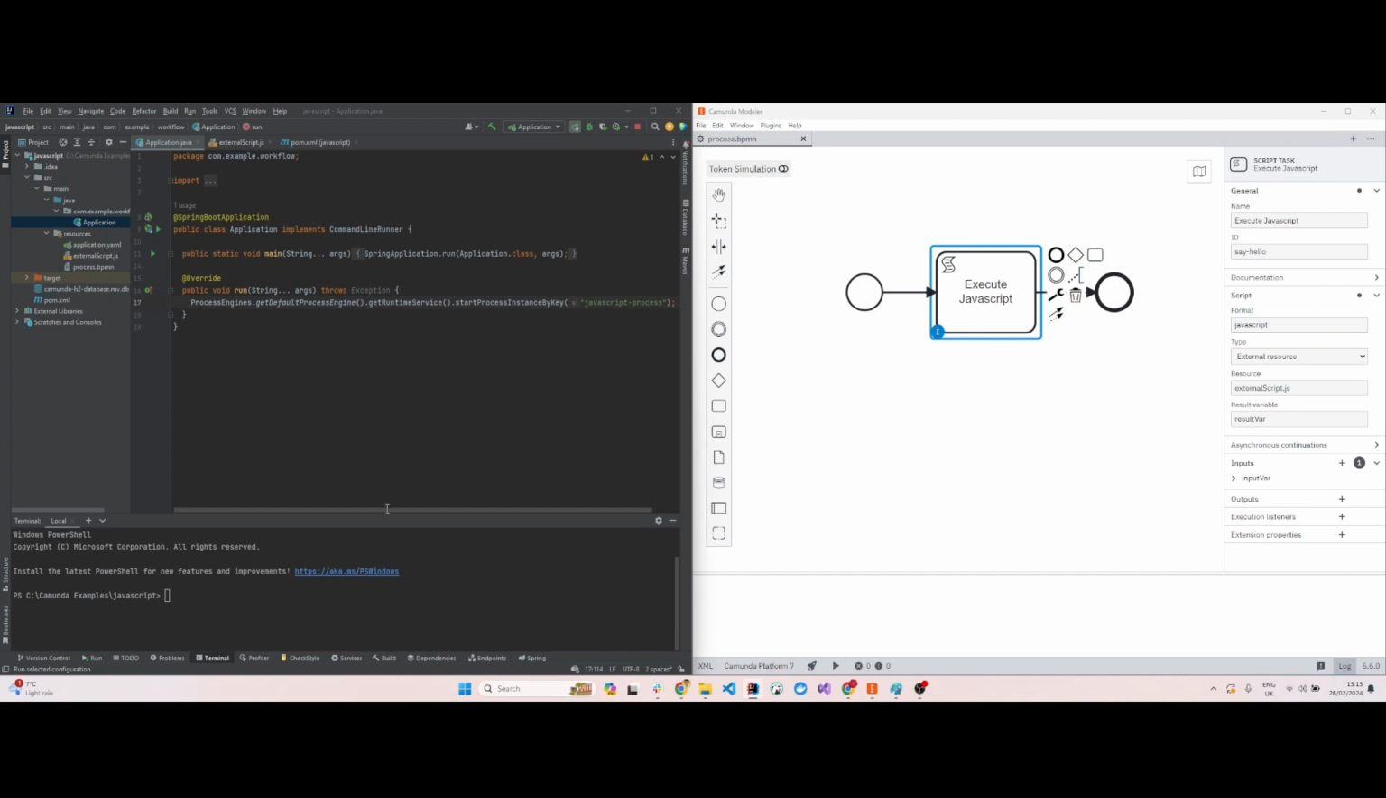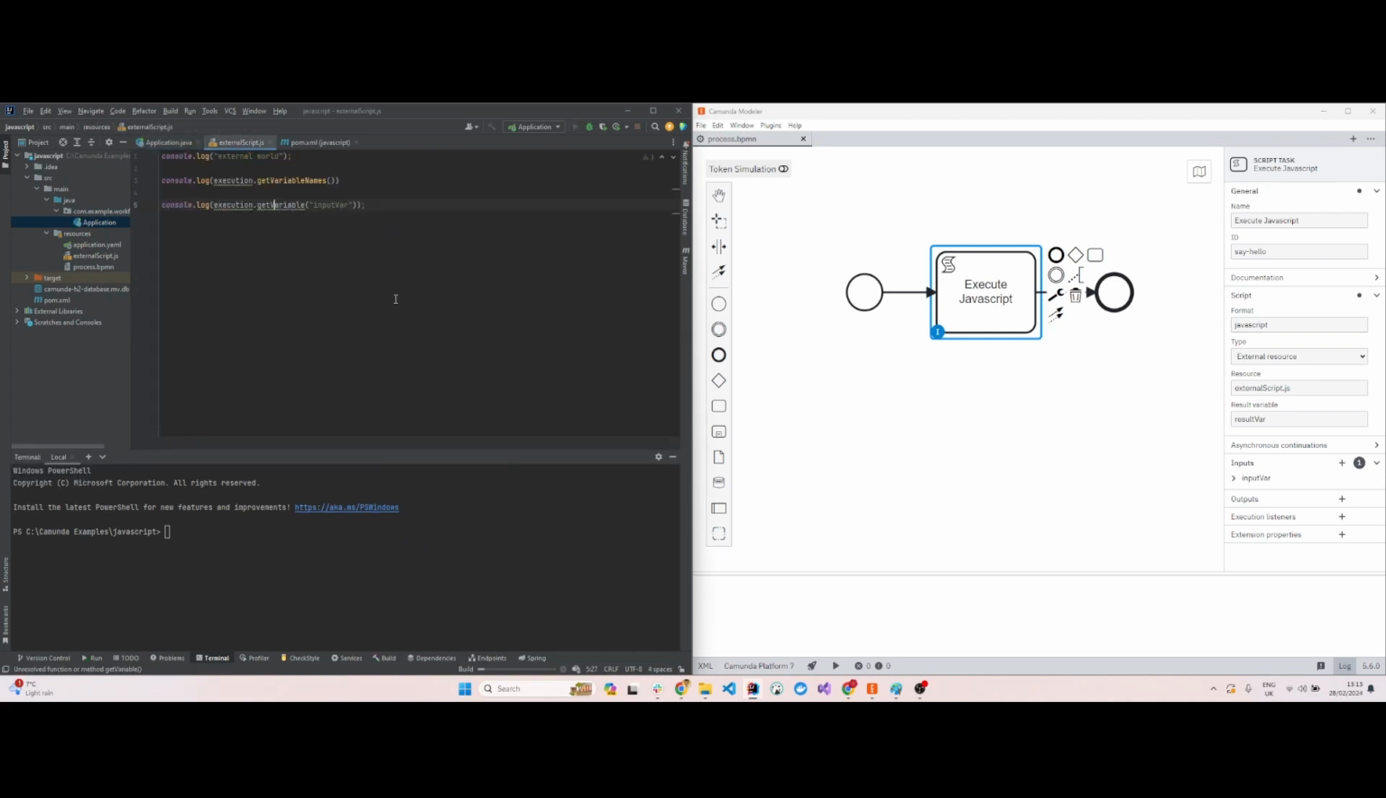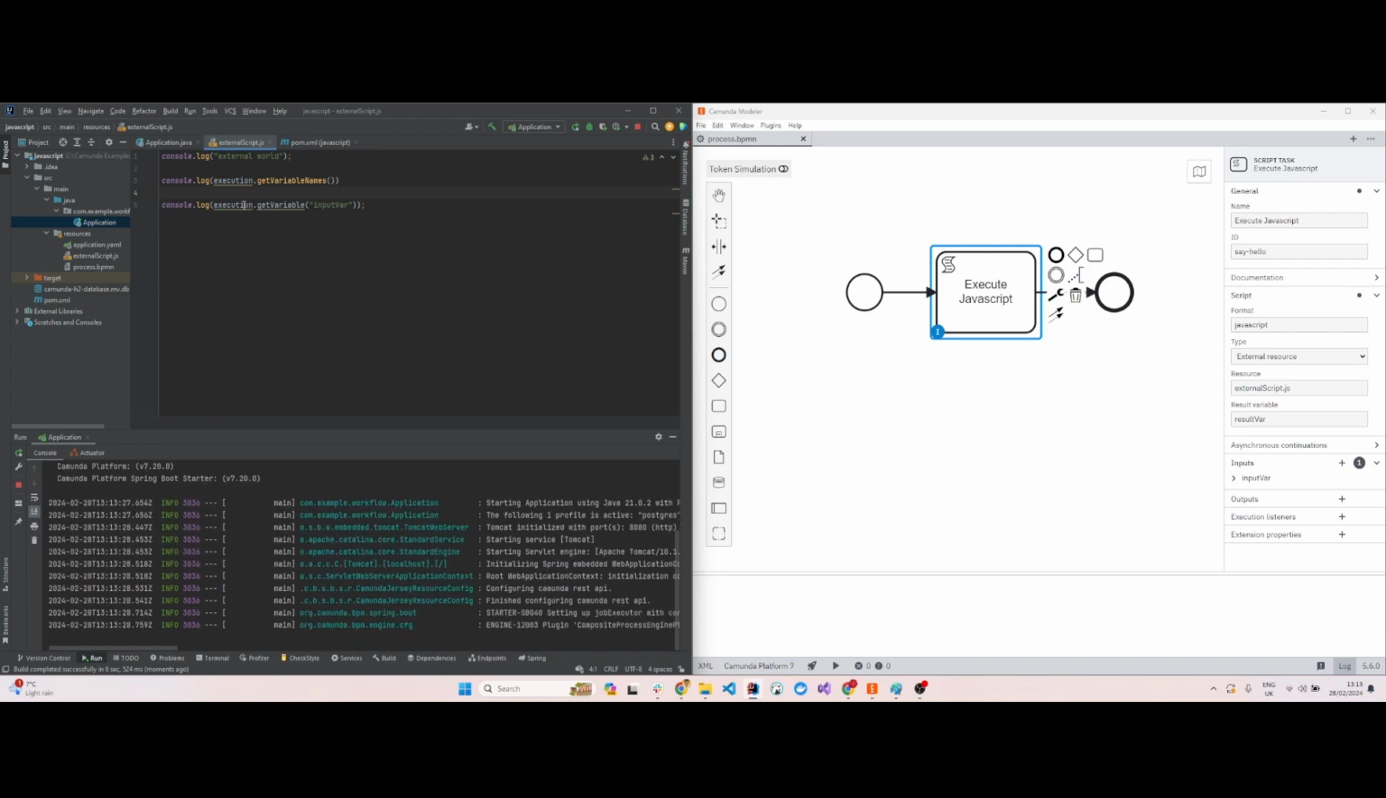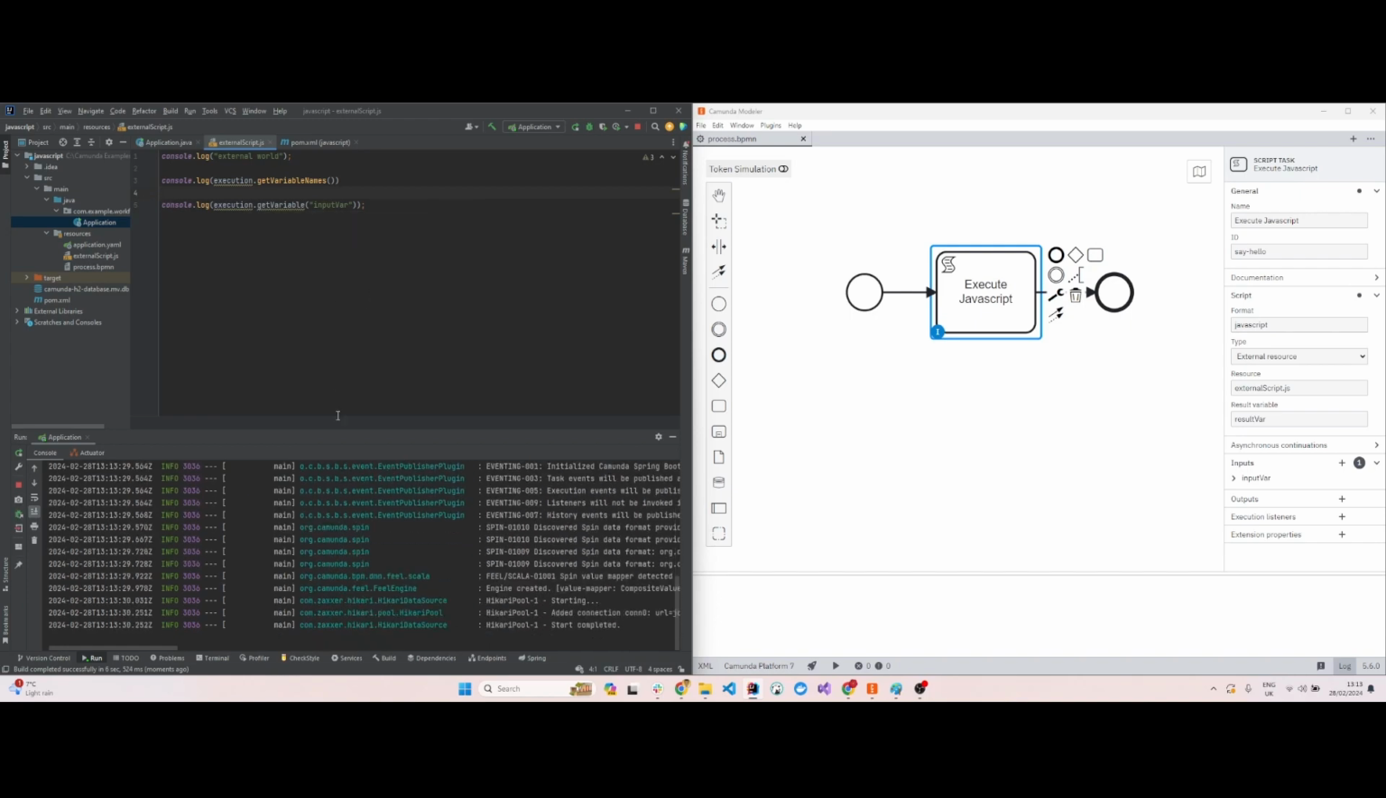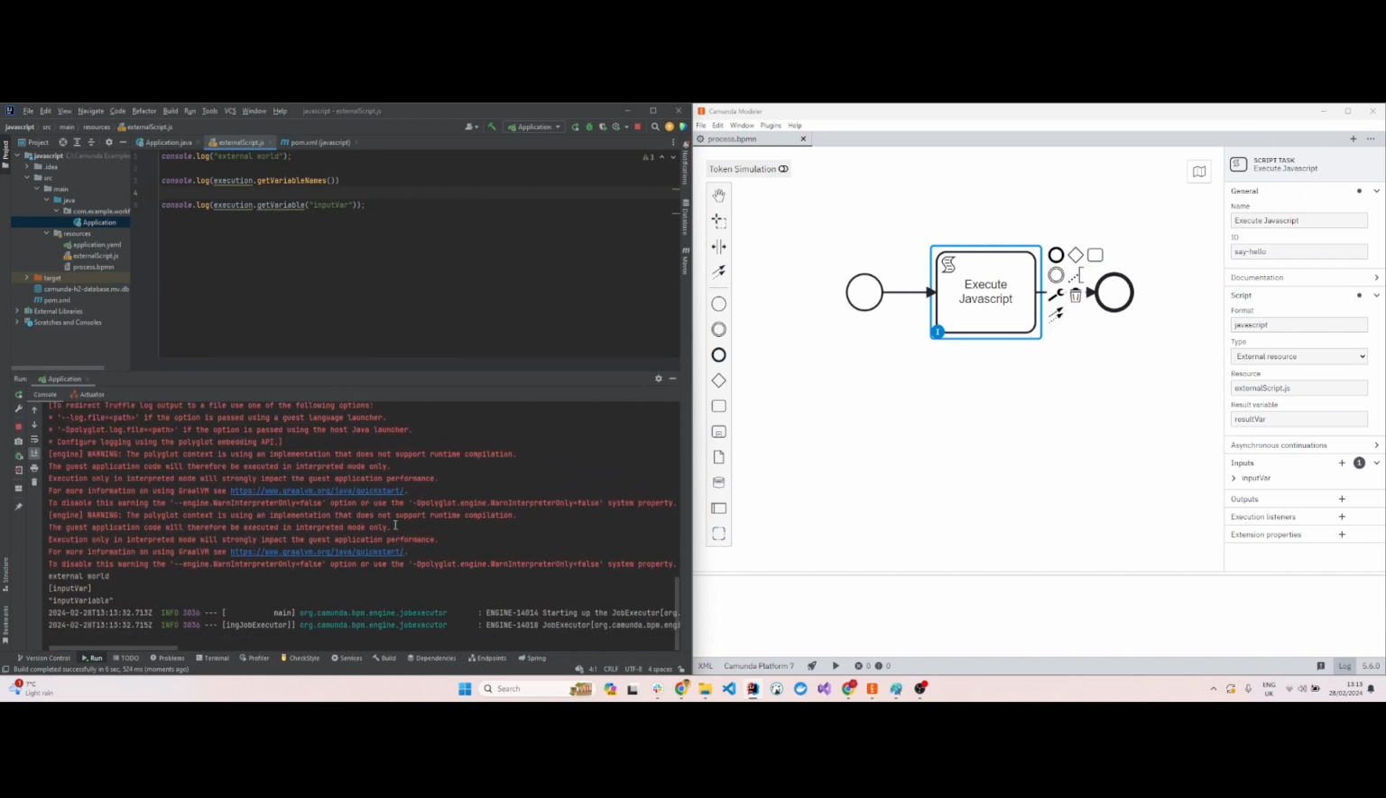So let's see if we get the required JavaScript being printed out. So we should see three outputs: external world, all the variable names, and the value of the input var variable. So you can see external world and the list of all the variables and then the value of input variables. So we have only one variable, so it will be input var, and the value is input variable as I